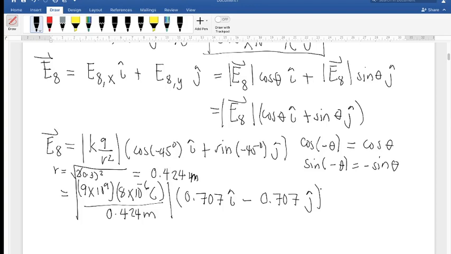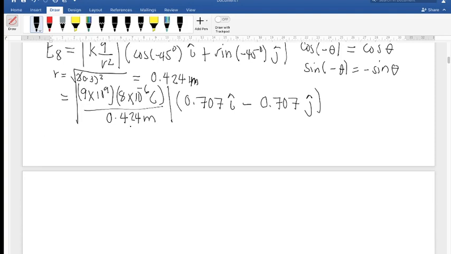Okay, so we have sine of 45. Let me check. Again, that is 0.707. Okay, so simplifying, we have 9 times 10 raised to 9 times 8 times 10 to the negative 6,